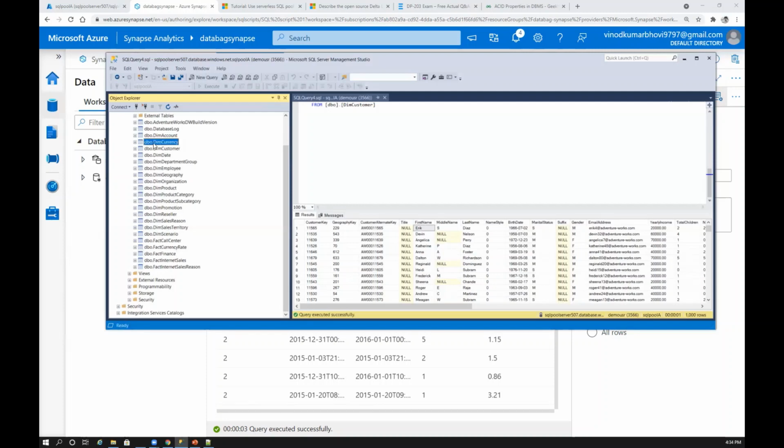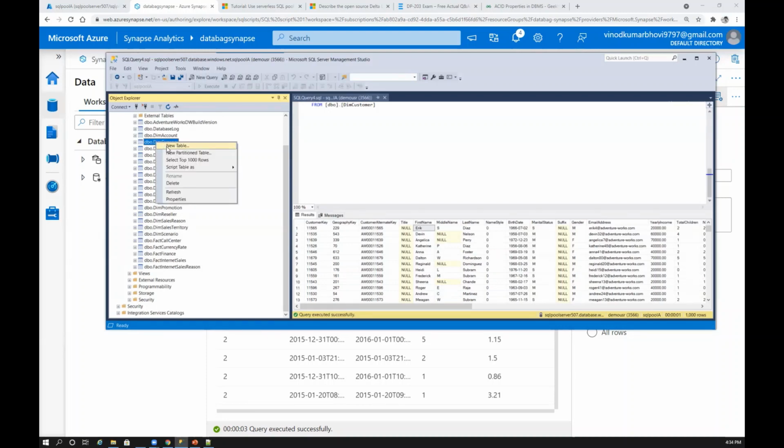For example, currency. If you compare the dimension currency table with the fact internet sales table, in which table are we going to have huge data? It's obvious, right? In the fact table, we'll have more data, because if you try to list down the countries, maybe 50 or 60 or 100 countries, then you'll have maybe 80 different currencies. So you have only 80 records.